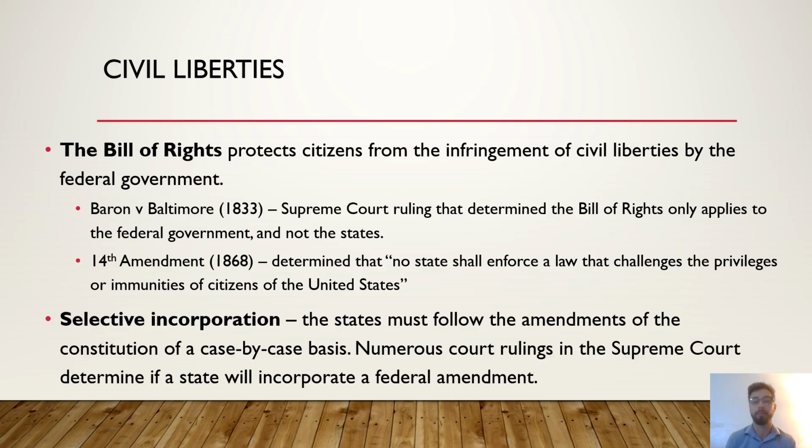So the Bill of Rights protects our liberties. This is a list of individual liberties within the United States. But we have to understand a key term, selective incorporation. This states that originally, when we first ratified our Bill of Rights, it did not protect individuals from government. Instead, it protected state governments from federal authorities.